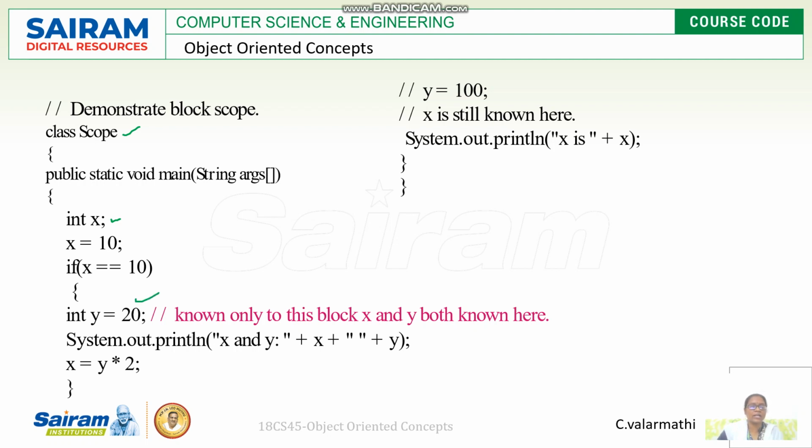Here, what I am using, int y equal to 20, is not a global variable. That means it is not a variable declared by the class. It is a variable declared by the method or the if block. Inside the if block only, the y value will be known. The y variable's scope and lifetime start when you open the curly braces. At the end of the curly braces, the y scope will not persist, right? It will not be known outside of the scope. So this is the difference between the x variable and the y variable.